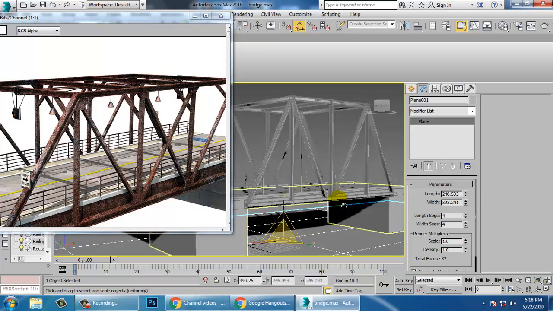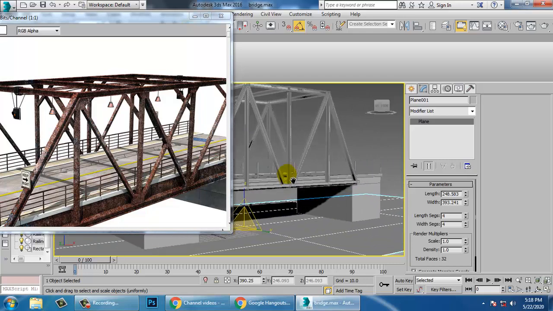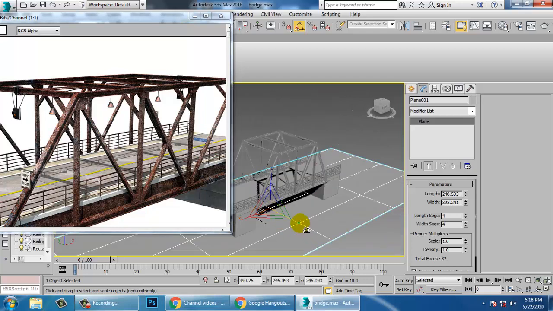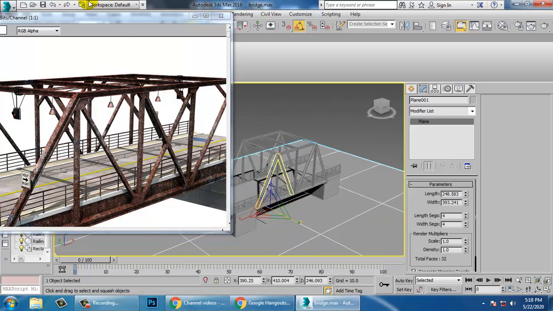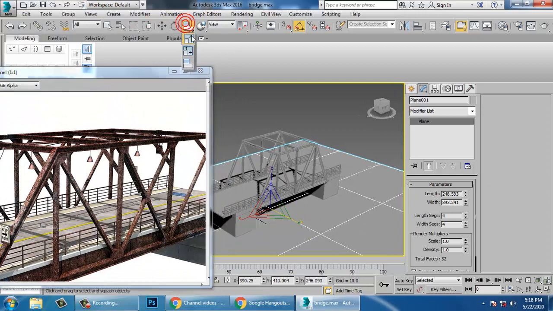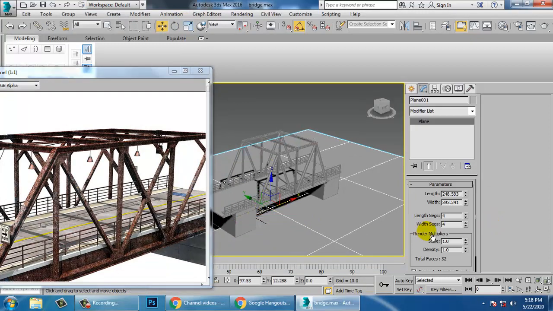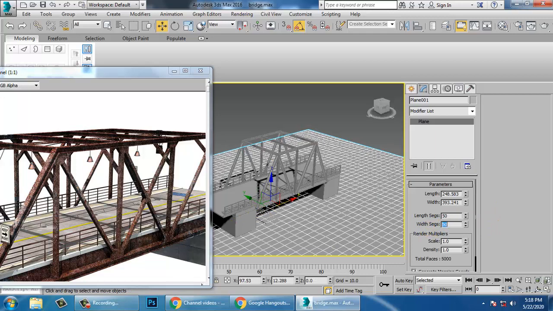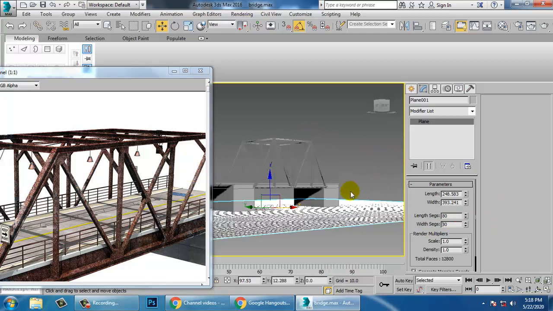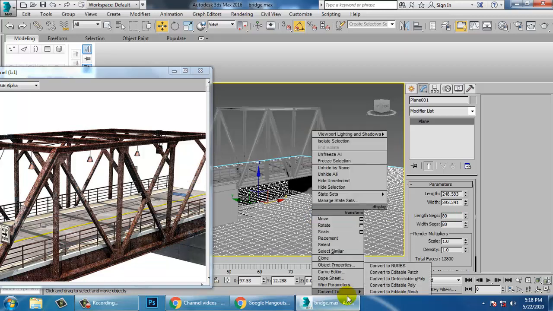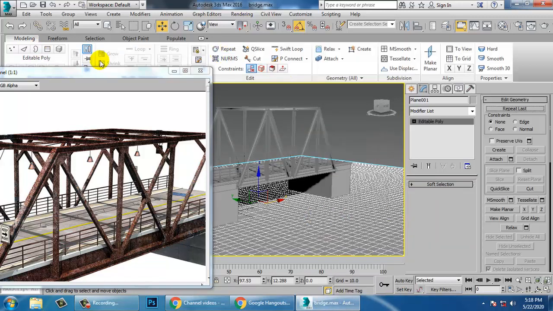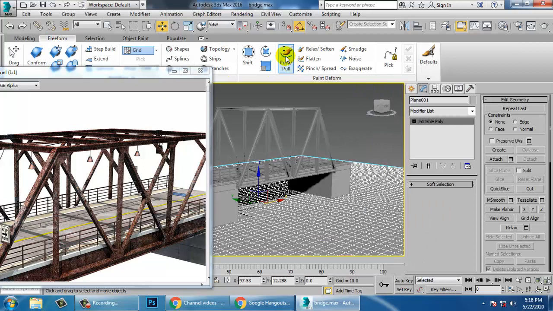Before we start with the texturing part, let's just do a few of the details which are left over here. So let's just increase its segments to 80 by 80. Let's convert to editable poly. Let's go into freeform and we have an option that's called push and pull.